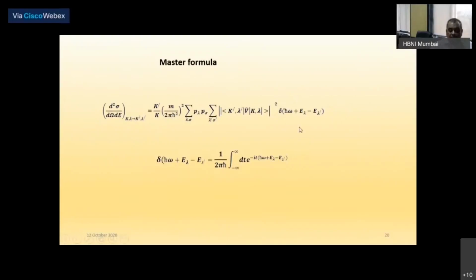I introduce this conservation through a delta function formula. Don't be scared, it looks big, but I will show you step by step what is done. Ultimately, what I'm trying to show you is that we map a system in Q and omega space, that means in momentum and energy space. And from there, we attempt to get information in real space and time. That is what we are actually aiming at.